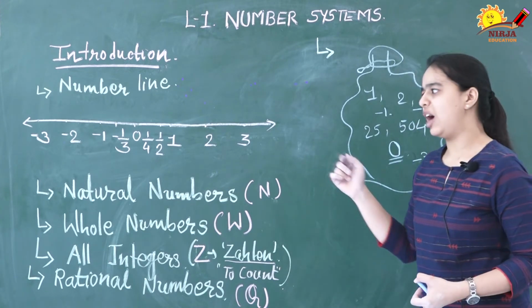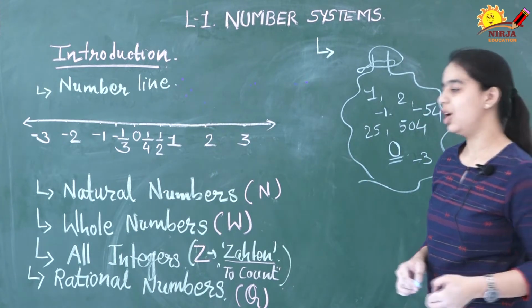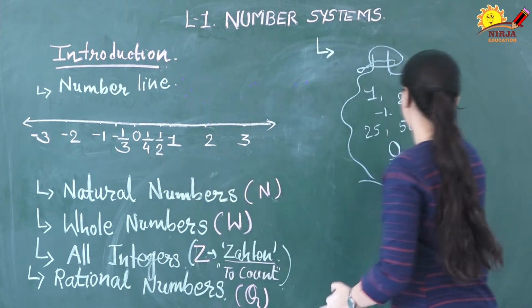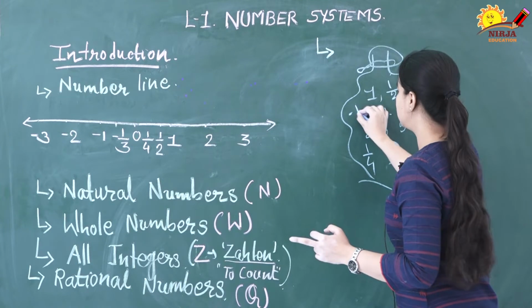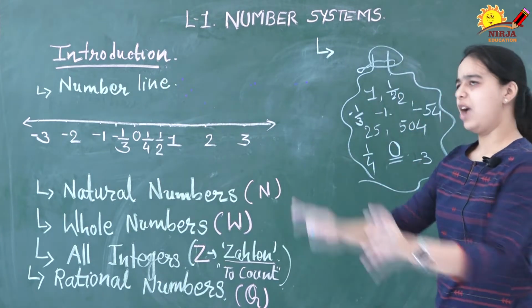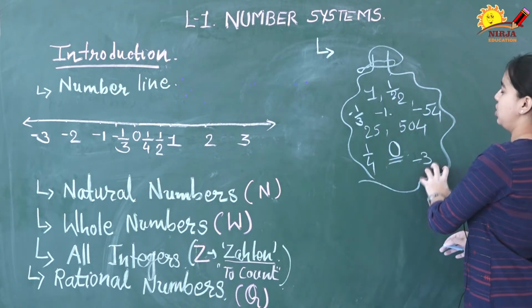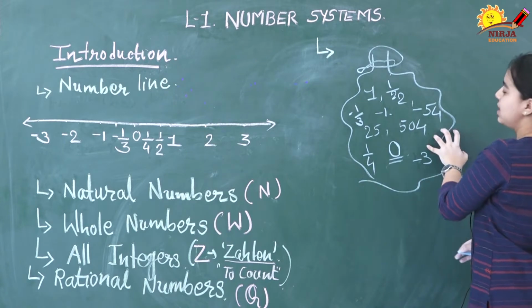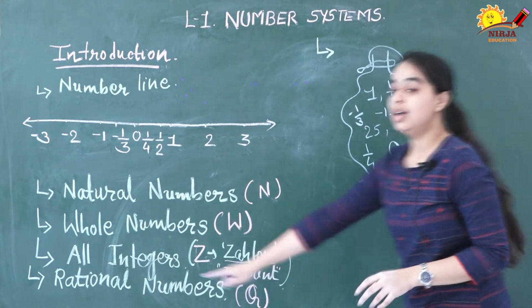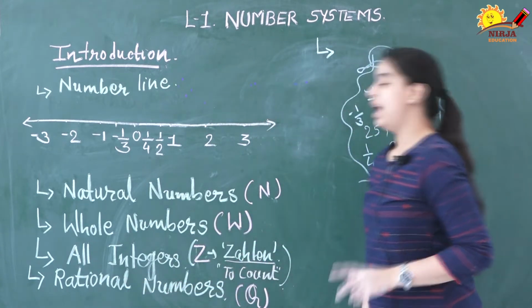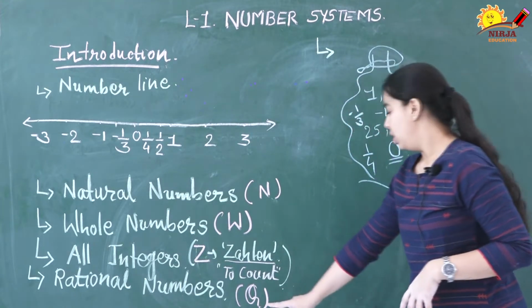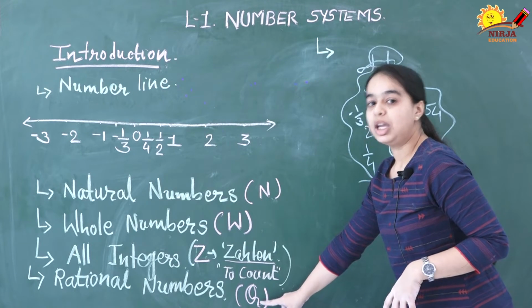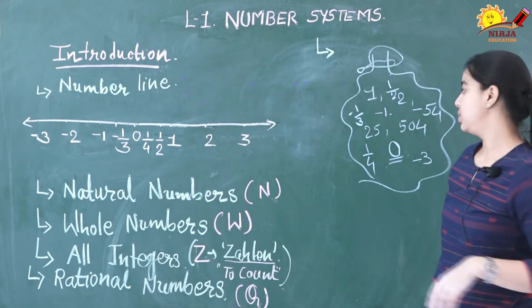Is there anything left on the number line? Yes, of course, there are numbers like 1/4, 1/2, -1/3. Now I have collected those numbers also, and all these numbers I can call rational numbers, which you can indicate as Q. The symbol Q came from the word quotient.